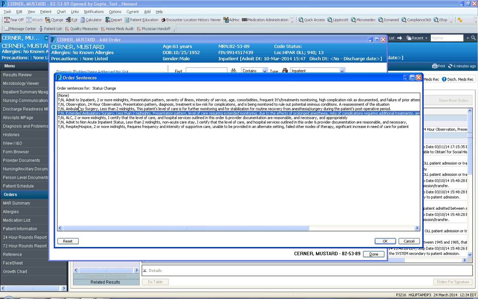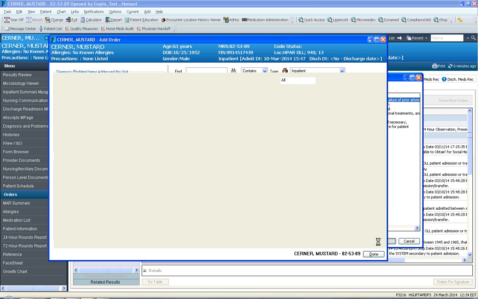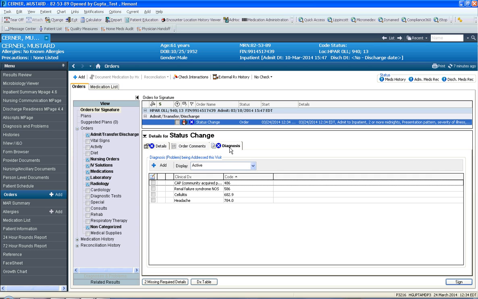Let's say this patient is an observation patient and they get sicker and they meet a level of inpatient, and so the case manager has asked you to change the status to an inpatient, and so you just select the admit to inpatient sentence. You would click OK, you would click Done, and you would note that there's two details left to be filled